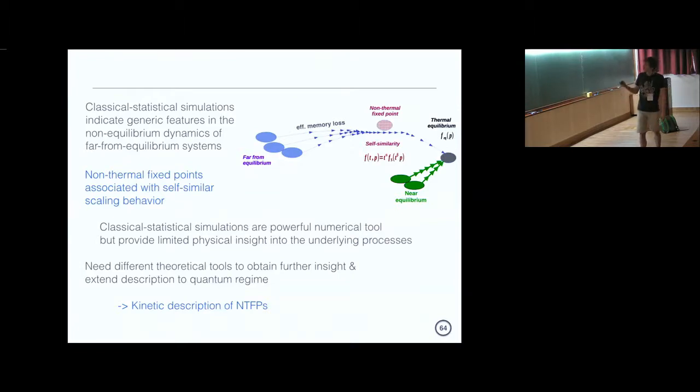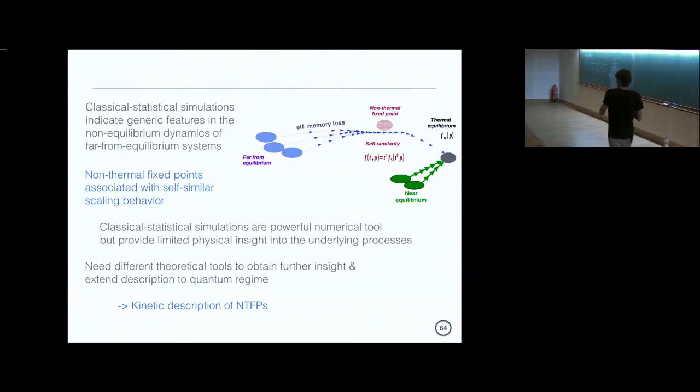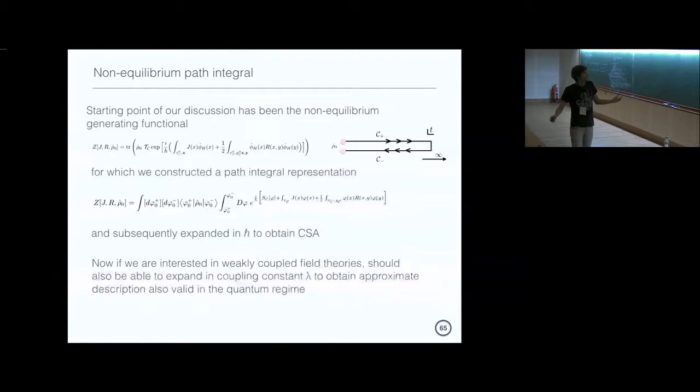Okay. So how can we do that? The first part of today, we're going to be dealing with essentially how to get to a kinetic description starting from a quantum field theory. And then in the second part, we will analyze these phenomena that we see within the context of kinetic theory. Okay, so let's go back to our overarching pillar that we have always used to study non-equilibrium phenomena.